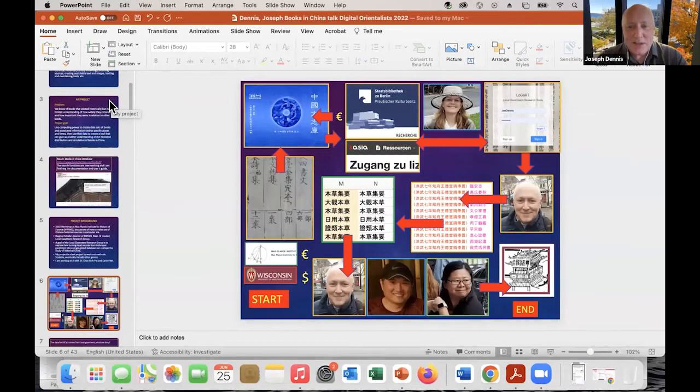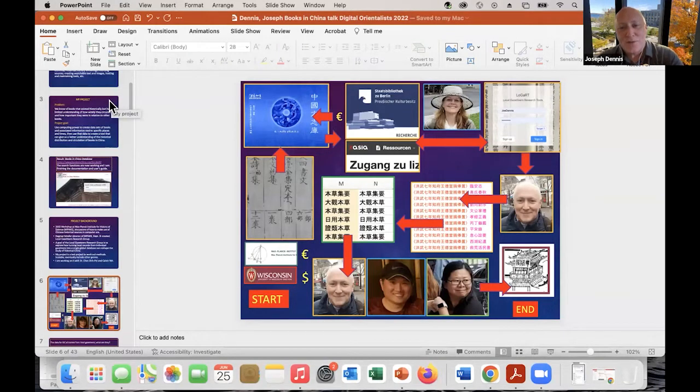This is just a schematic diagram. If you're interested in how to create a tool like this, it's actually really complicated. It starts with money, then you have to get the sources. In the upper left-hand corner, you see a commercial database service. They provided a license to the library in Berlin.